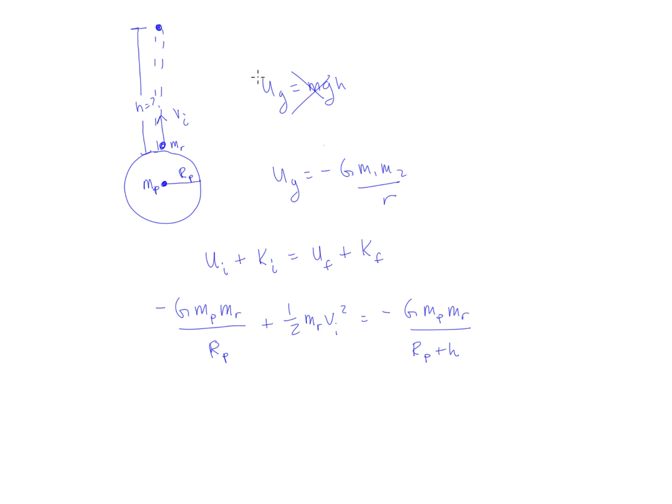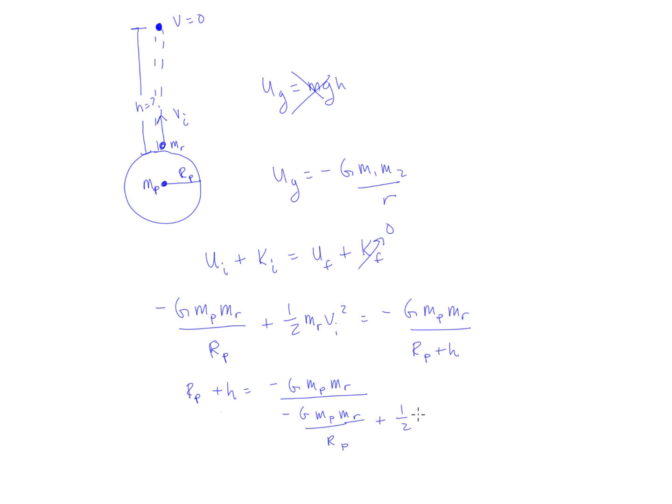And our kinetic energy final, since we're trying to find this maximum height, that's where the velocity would reach 0. So our kinetic energy would also be 0 up at the top. Since I'm solving for h, I'm going to multiply this term by both sides to get it up on the numerator and divide both sides by this left term. So that'll give me r_p plus h equals minus G m_p m_r over minus G m_p m_r over the radius of the planet